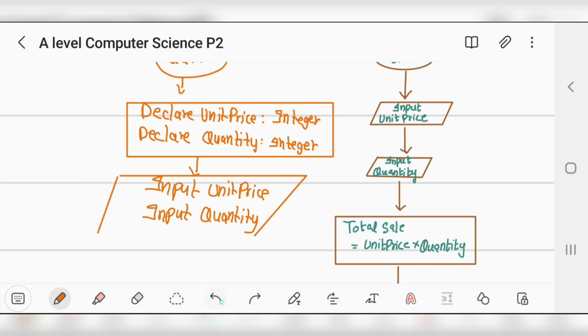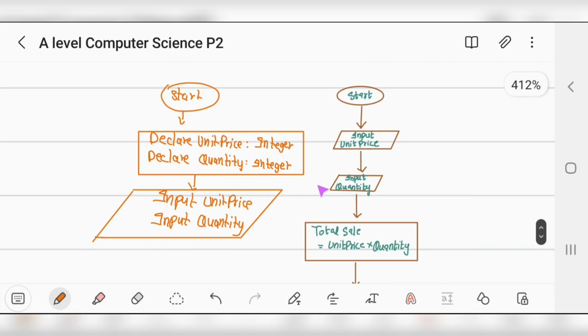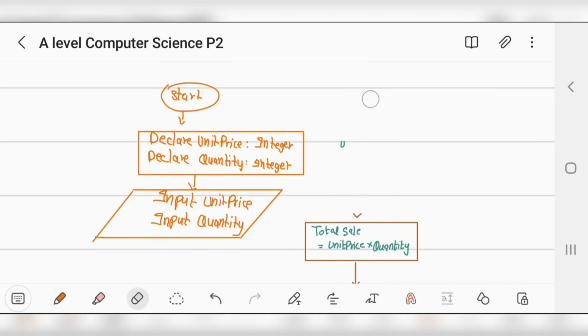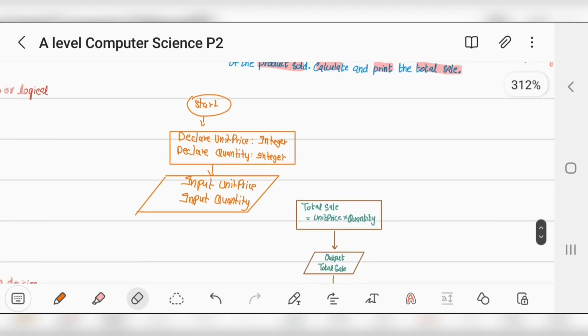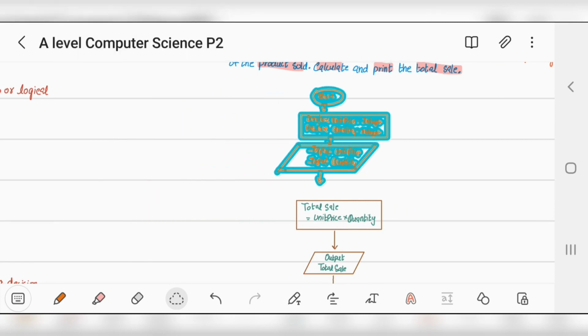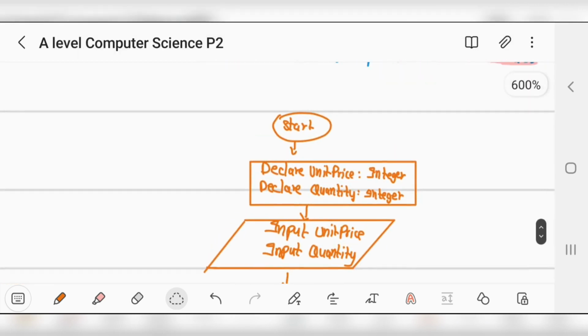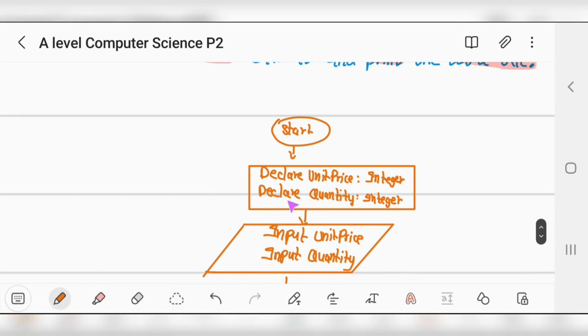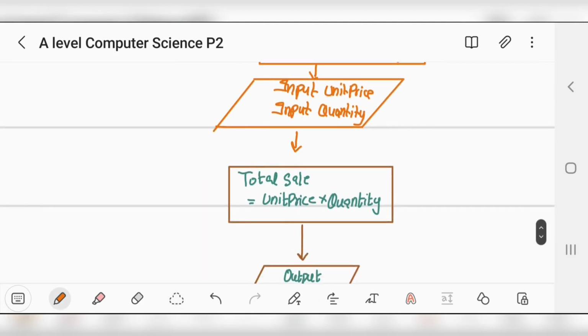It will look like this. There you go. So start, then you're declaring these variables, then you're going to take input, and then you need